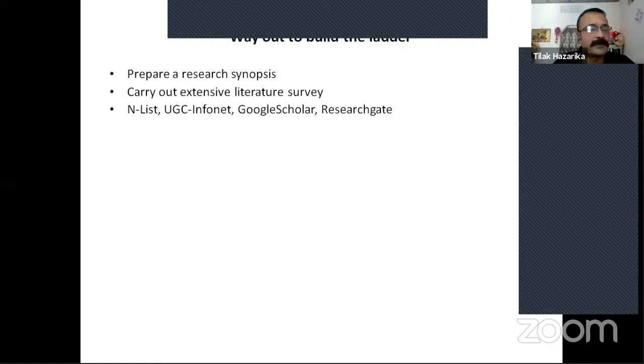We first have to prepare a research synopsis or research hypothesis. As you are aware, a synopsis will cover the hypothesis part also, and based on the hypothesis, it invites an extensive literature review. An extensive literature search is needed in one's area of interest, and we have to prepare a synopsis. While preparing the synopsis, we have to definitely take the literature review into consideration and carry out an extensive literature survey. As I have already discussed, e-ShodhSindhu ENLIST is another very important source for college teachers